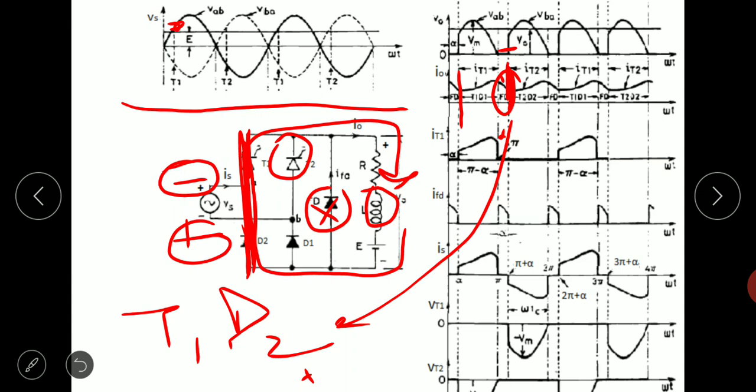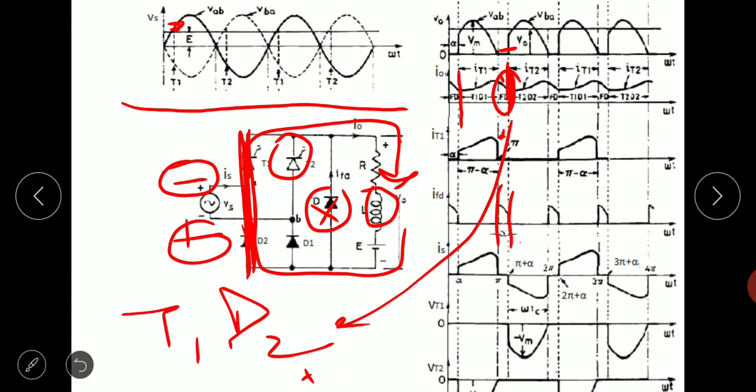Between omega t is equal to alpha to pi, the load current was flowing through the supply. The current had steady state as well as transient components, as we have seen in earlier cases. And in this freewheeling portion, that is between omega t is equal to pi and omega t is equal to pi plus alpha, since the supply is now disconnected, since the load is short circuited, there is no current flowing through the supply. The current is freewheeling in this loop designed in the circuit, the outer loop.